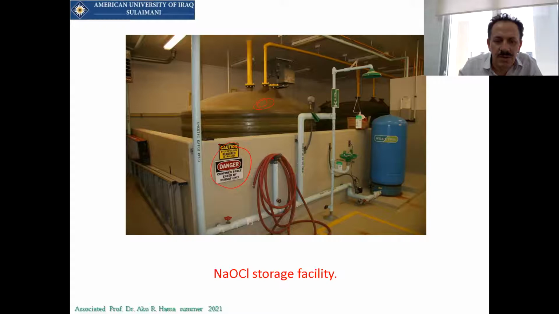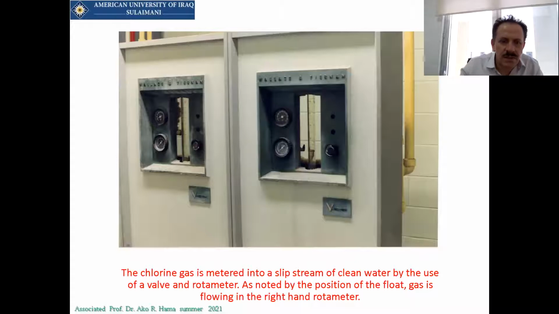So there is clean water, and look at the pipes. All the pipes and all the valves should be plastic because the chlorine is very corrosive. It's a risk to have iron pipes. Now, this is another way. This is the gas flow meter, the chlorine gas flow meter, and just link it to the volt.